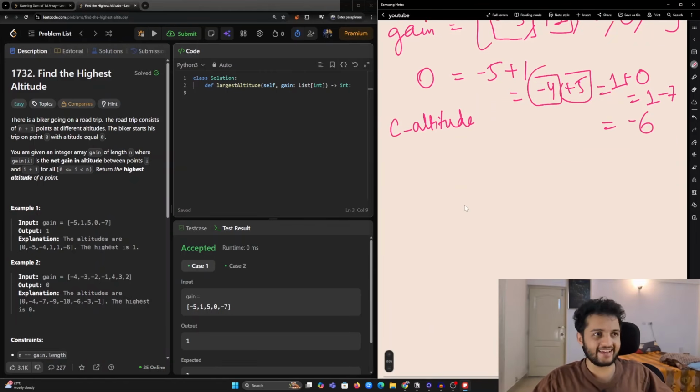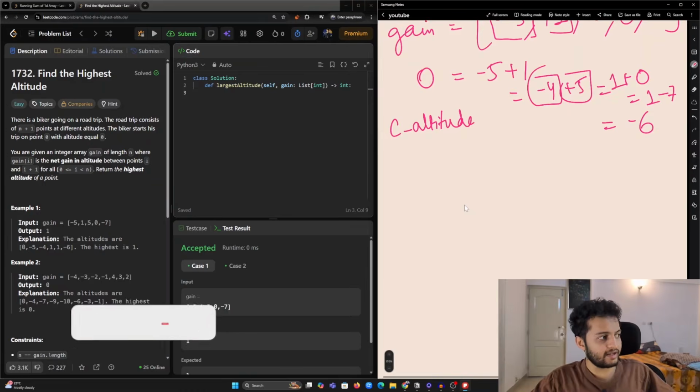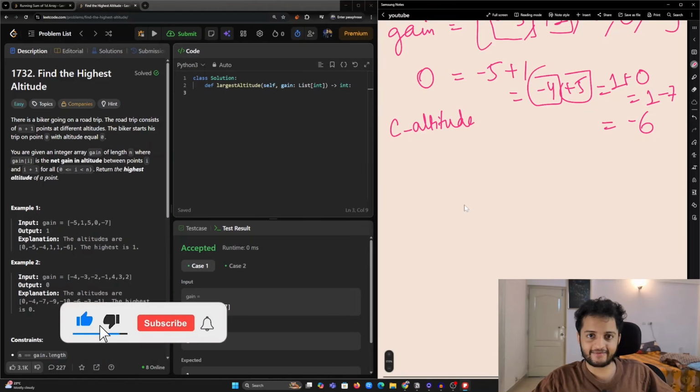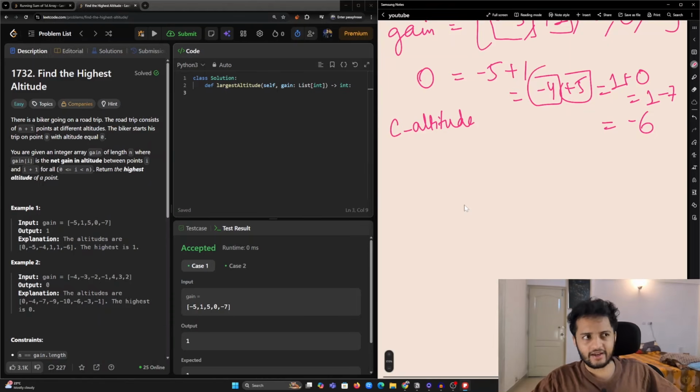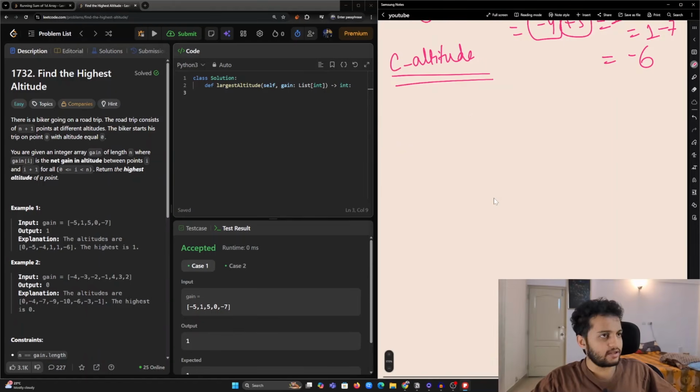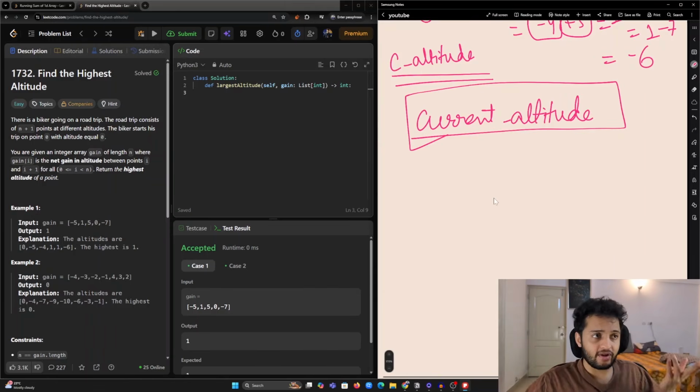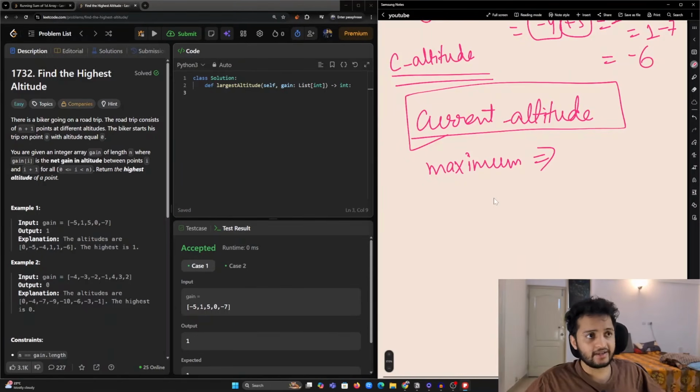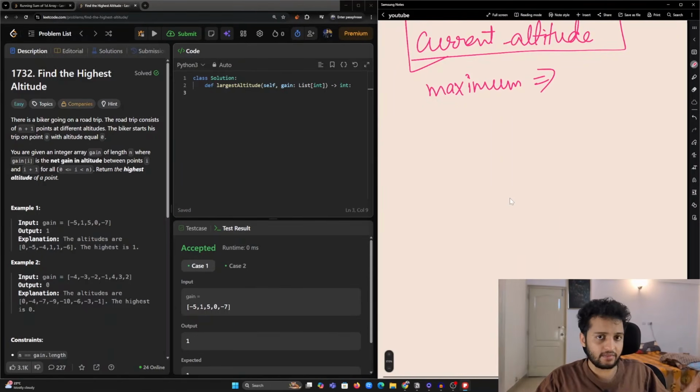So what essentially we are doing is calculating the prefix sum of this particular array, and in the prefix sum array we are finding out the maximum element, right? This is what our problem has boiled down to. But I will do one more optimization here. If you can just maintain your current altitude, you can keep taking the max of your current altitude. Just maintain a simple variable and keep taking the maximum of this. What this will ensure is that it will give me the maximum at the end.